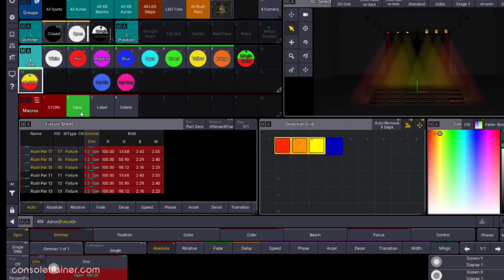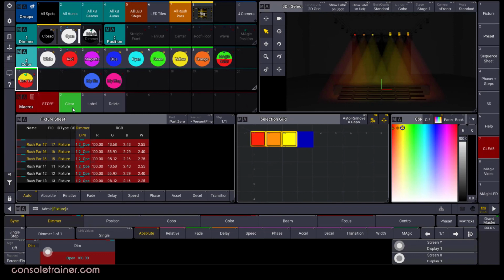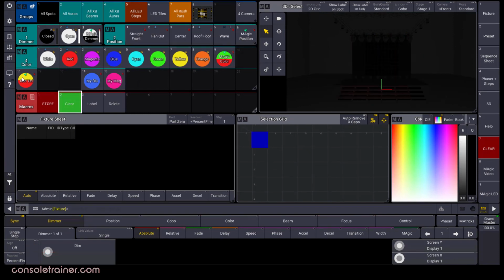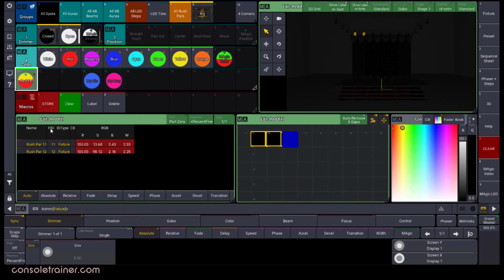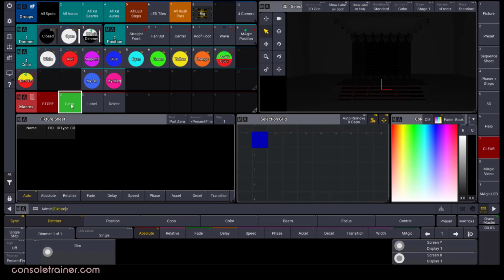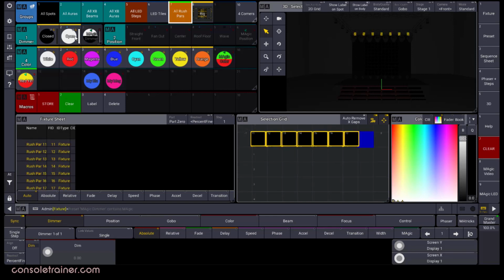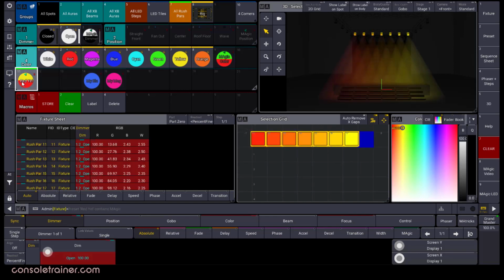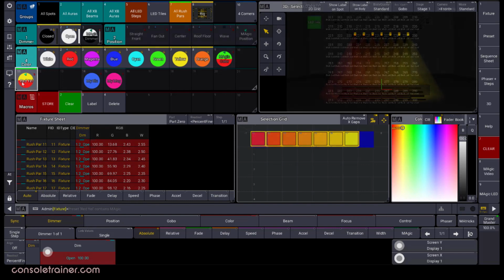Let me explain. A magic preset does need a selective fixture selection when making the preset. This one is selective to fixtures 11 and 12, but I can apply it to any Rush Par selection in my show, which makes it function a bit more like a global preset. So yes, from the standpoint of programming the console, it is absolutely a selective preset, but from the standpoint of my human brain, I'm always going to think of these magic presets as global templates.